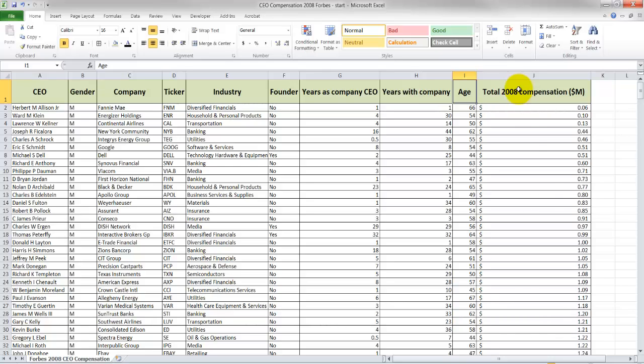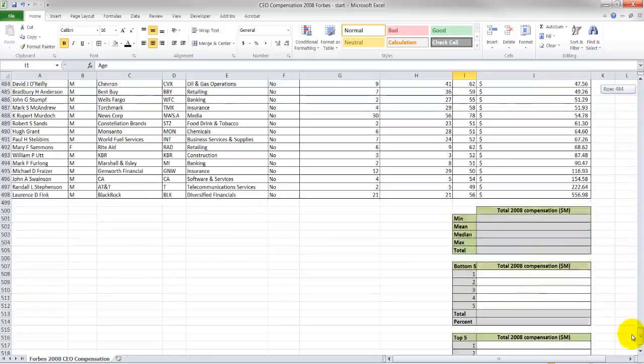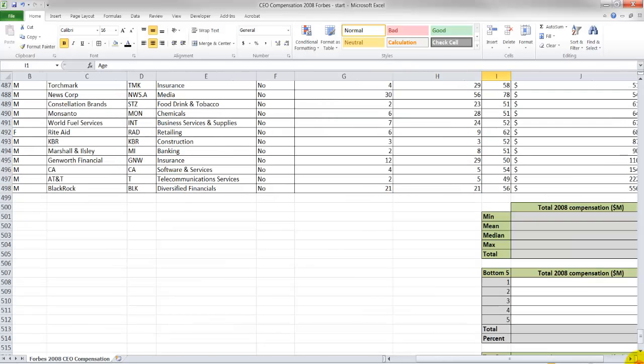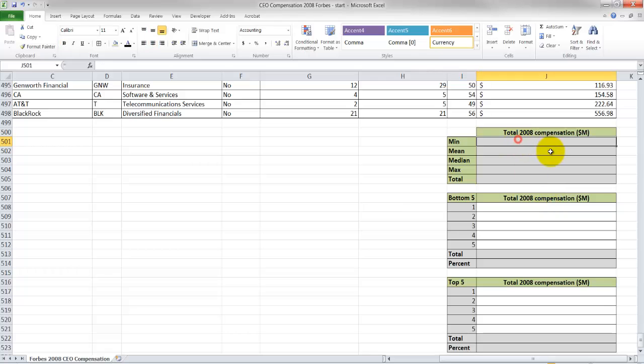So in this sheet, I have a pre-built table. If we scroll down to the very bottom, we roughly have information of 500 companies. As I said, I think the actual number is somewhere in the neighborhood of 497. Let's just review some basic functions that we use to summarize data. Here in J501, let's go ahead and calculate the